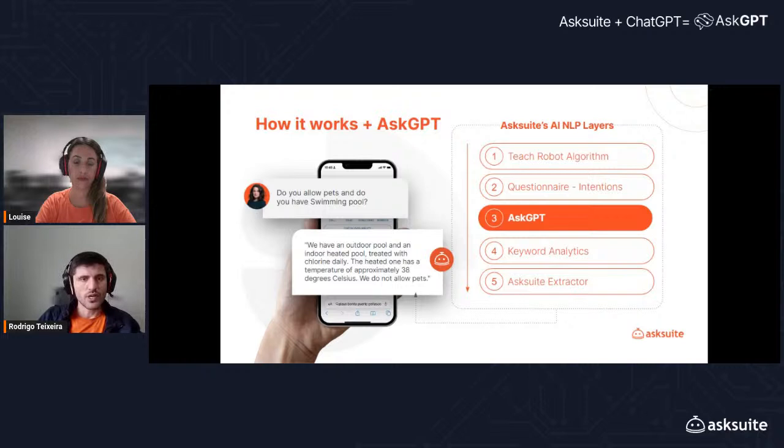The heated one has a temperature of Celsius. We do not allow pets. So that's one of the advantages here. It's important to understand all these layers and how it works, but we will explain during the presentation today.